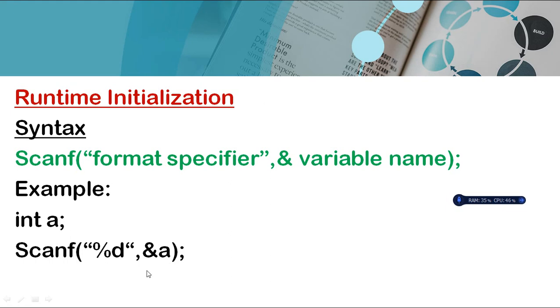So what's the difference between compile time and runtime initialization? When you use compile time initialization, every time you execute your program it will show you the same result, because the values are not changed. Whereas you can give your values at runtime, so at the time of execution you can change the values of your variables. Depending on your requirement, you can use in your application either compile time initialization or runtime initialization for the variables.